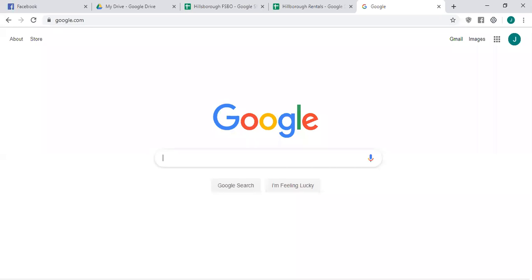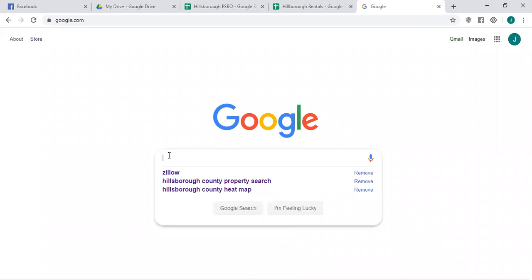All right. So after you get everything set up, now it's time to look for properties. First things first, you want to go to the county's website in order to be able to search for properties first. Each county has a county website where you can do this. So what you do is type in